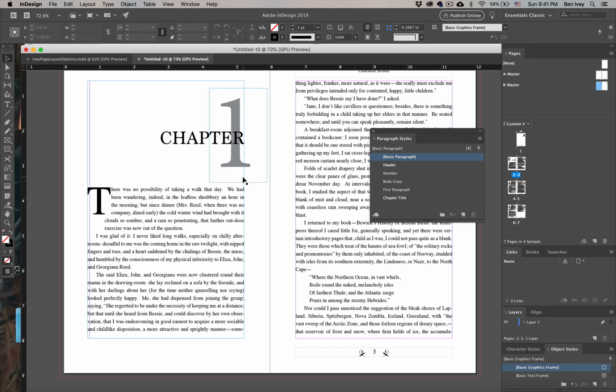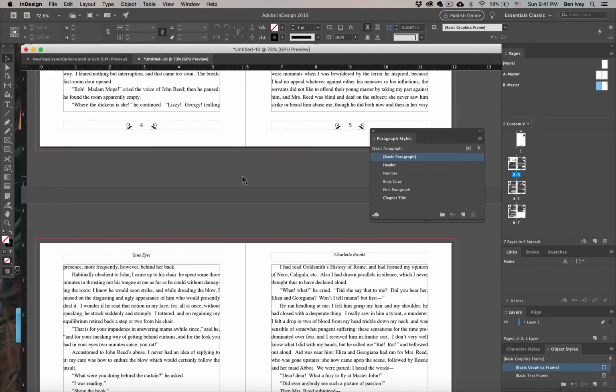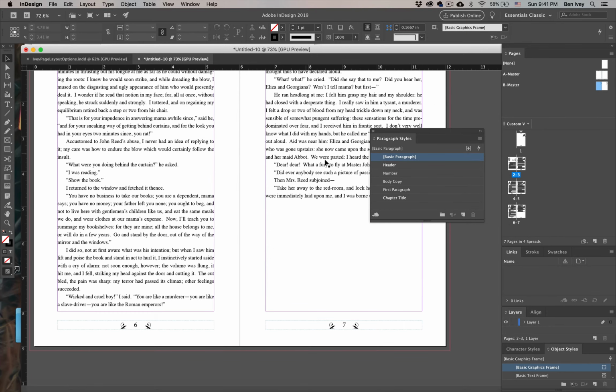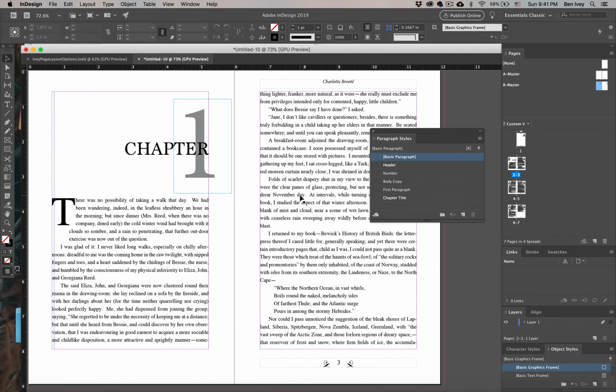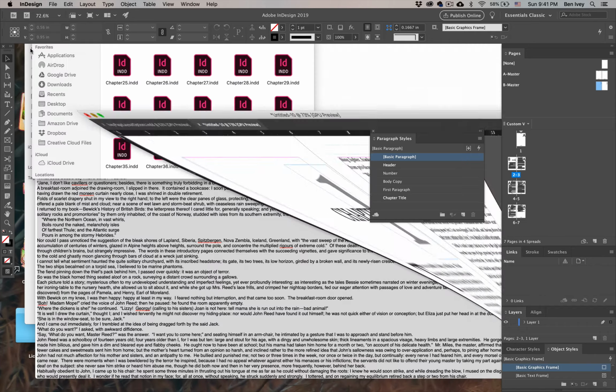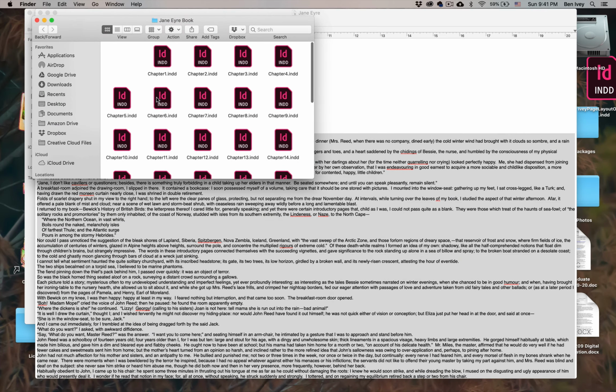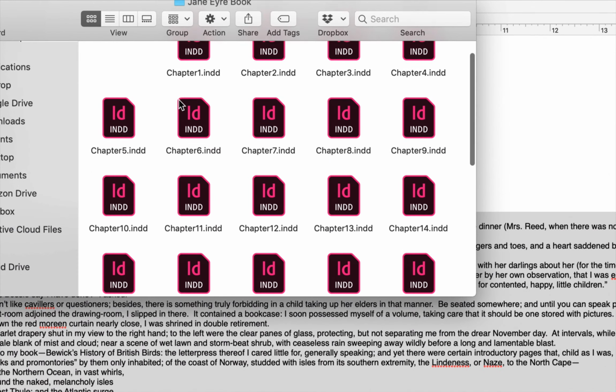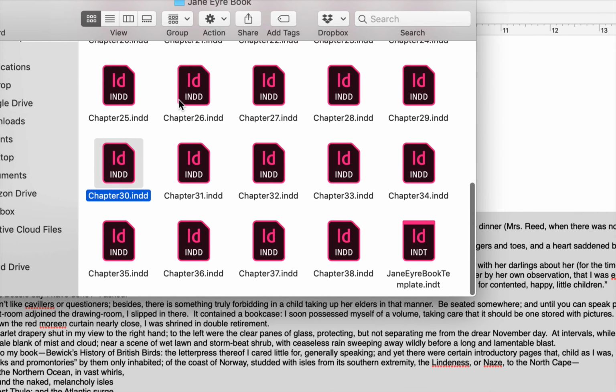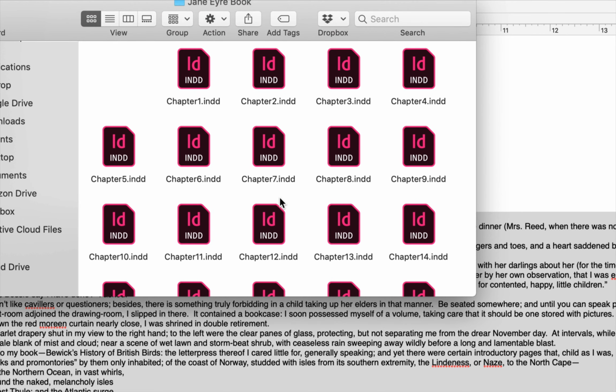Once it's saved, you can repeat this process for all of the different chapters within your book, laying out the inner pages, formatting the body copy, and formatting the chapter titles. Repeat this process for all of the chapters, and when you're finished, you should have an InDesign document for every chapter that's inside of your book. Now keep in mind, every book is going to have a different number of chapters, so yours may be different from what I have, but they should all be saved within a folder so that you can easily and quickly